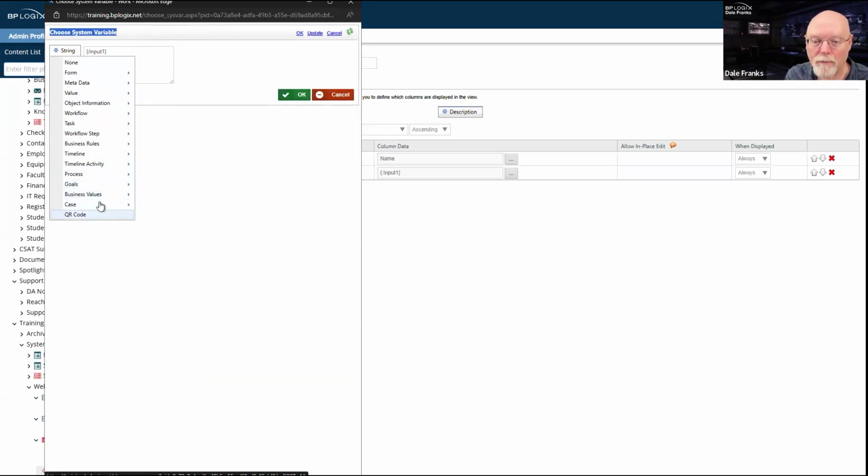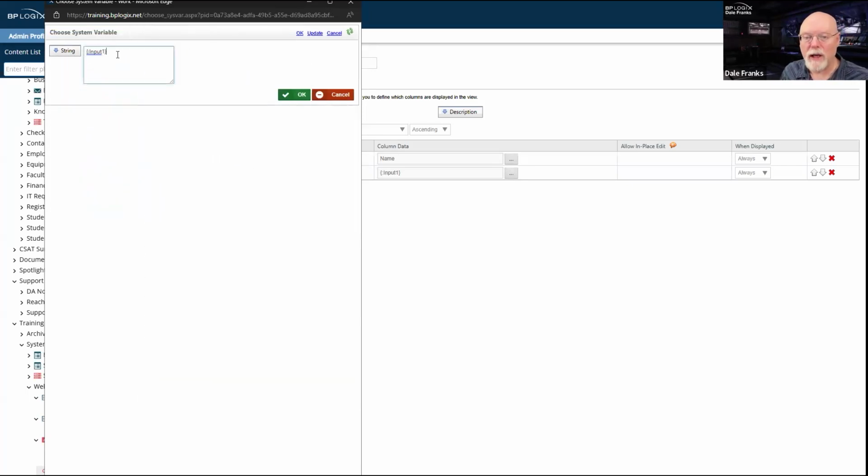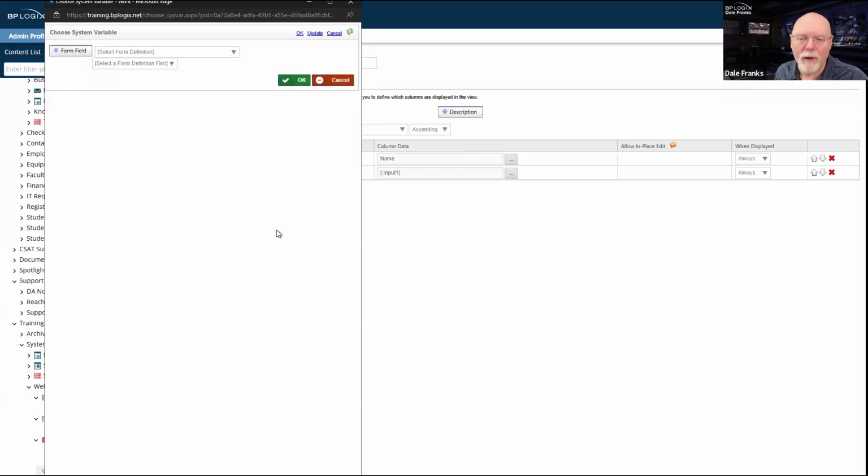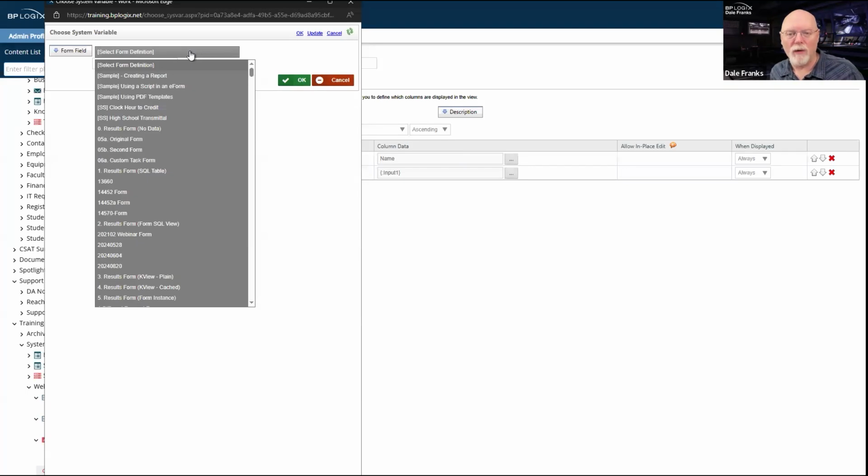They still are. So in this case, if I have 2 forms or 3 or 5 forms, all of whom have the same form field name, then I can concatenate them all into a single column simply by using the appropriate system variable. Because when I pick the form field itself in the UI, Process Director is going to ask you for a form definition.